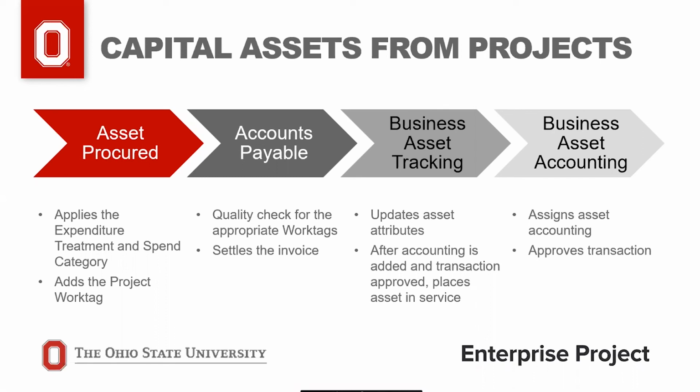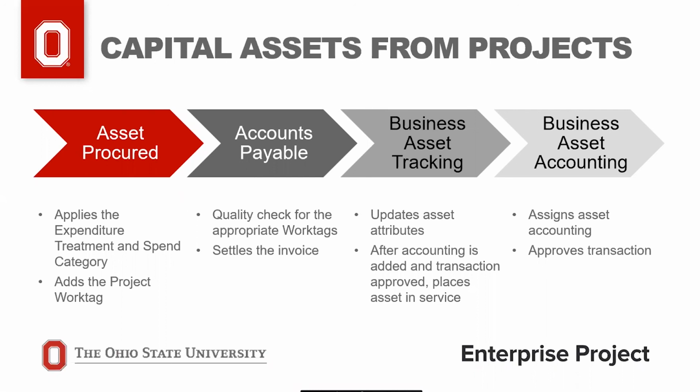Business processes have a systematic flow of information through each step and validations during data entry, reducing the need for multiple data entry points and corrections. We referred to these as the related work tags as previously discussed. When an asset is procured using the project work tag value, the invoice is associated with that project.